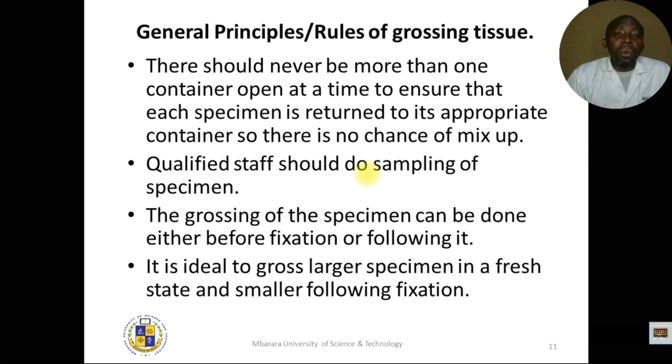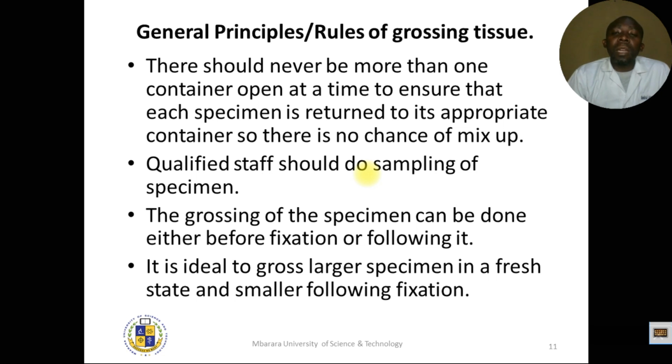So number one, there should never be more than one container open at a time, to ensure that each specimen is returned to its appropriate container, so that there is no chance of mix-up. So when we pick this tissue and we have identified the portion of interest which we think is diagnostic enough, the remaining part of the tissue is not thrown away immediately, but we are supposed to put it in its container until results are out